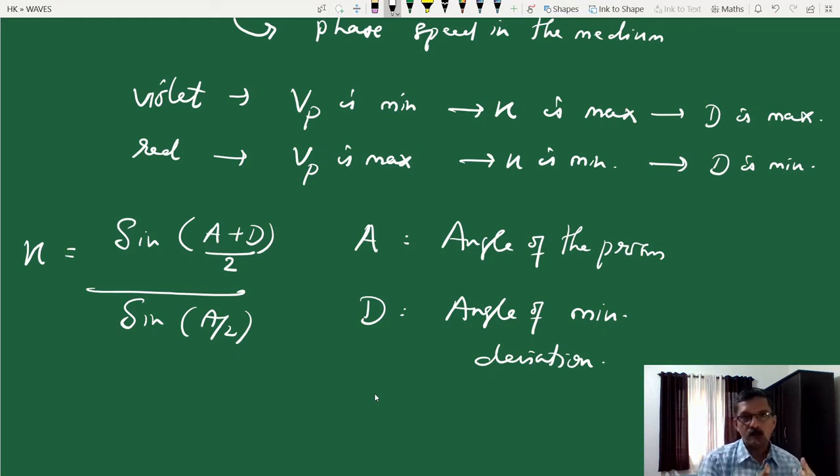So this is how, when white light is passed through a glass prism, different colors experience different phase speeds. Their deviation will be different, so they will be separated out, and that we call dispersion. Originally, the idea of dispersion is the variation of phase speed with wavelength. If the phase speed of a wave varies with wavelength in a medium, it's called dispersion. As a consequence, the different colors in white light are separated. Such a medium is called a dispersive medium. Glass is a dispersive medium for light.